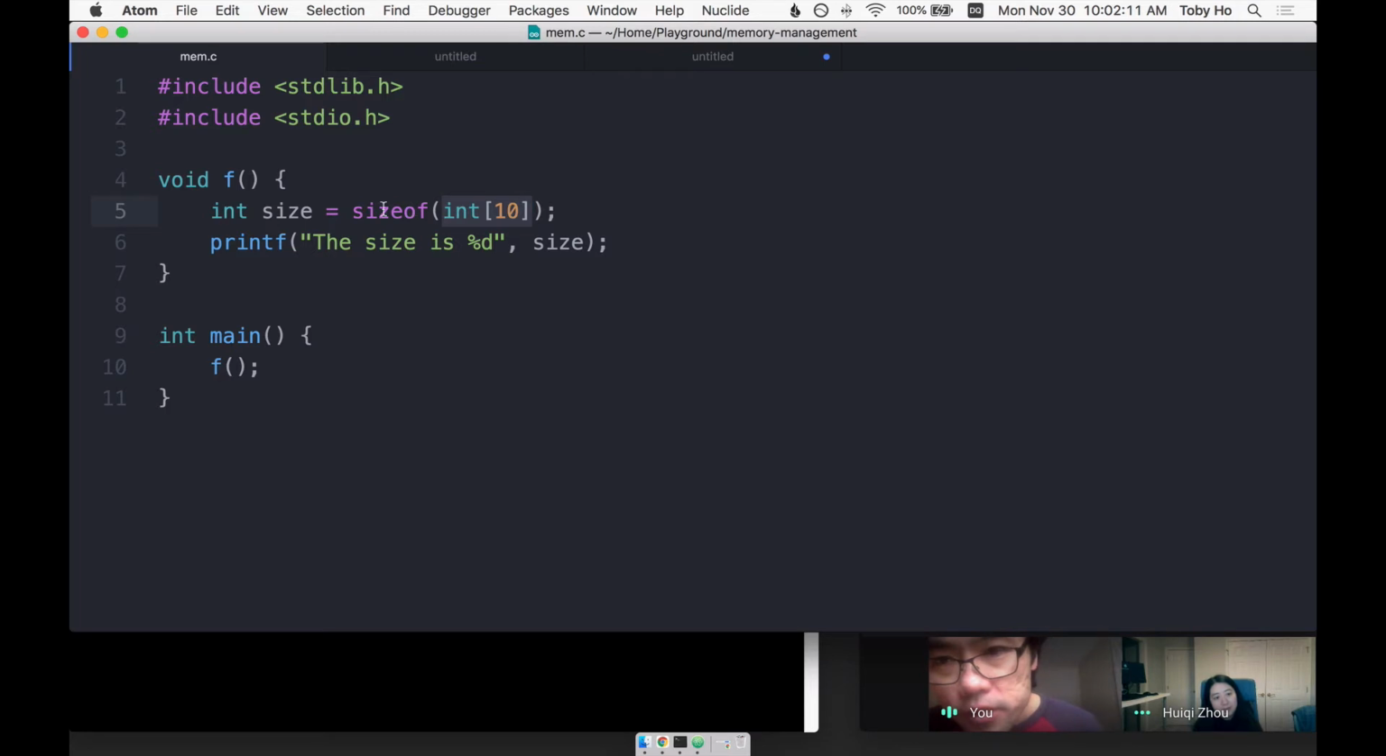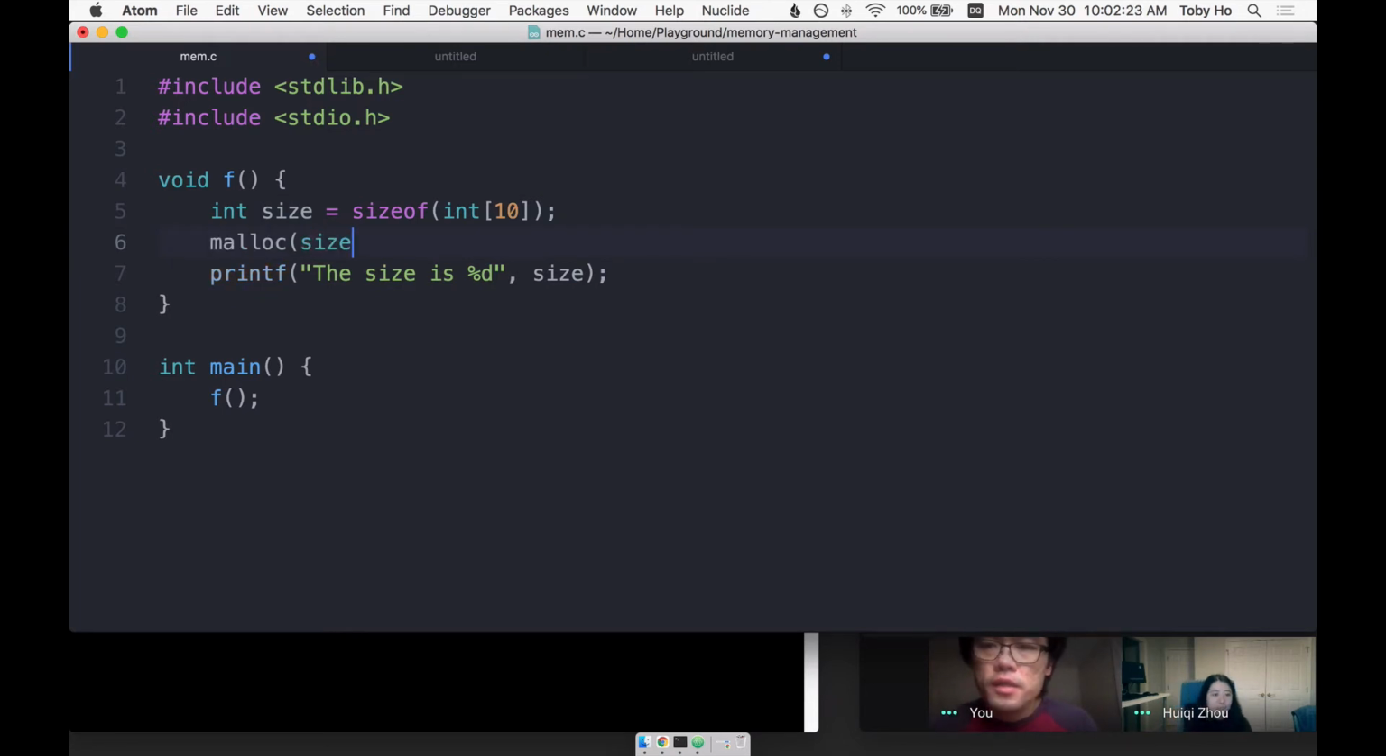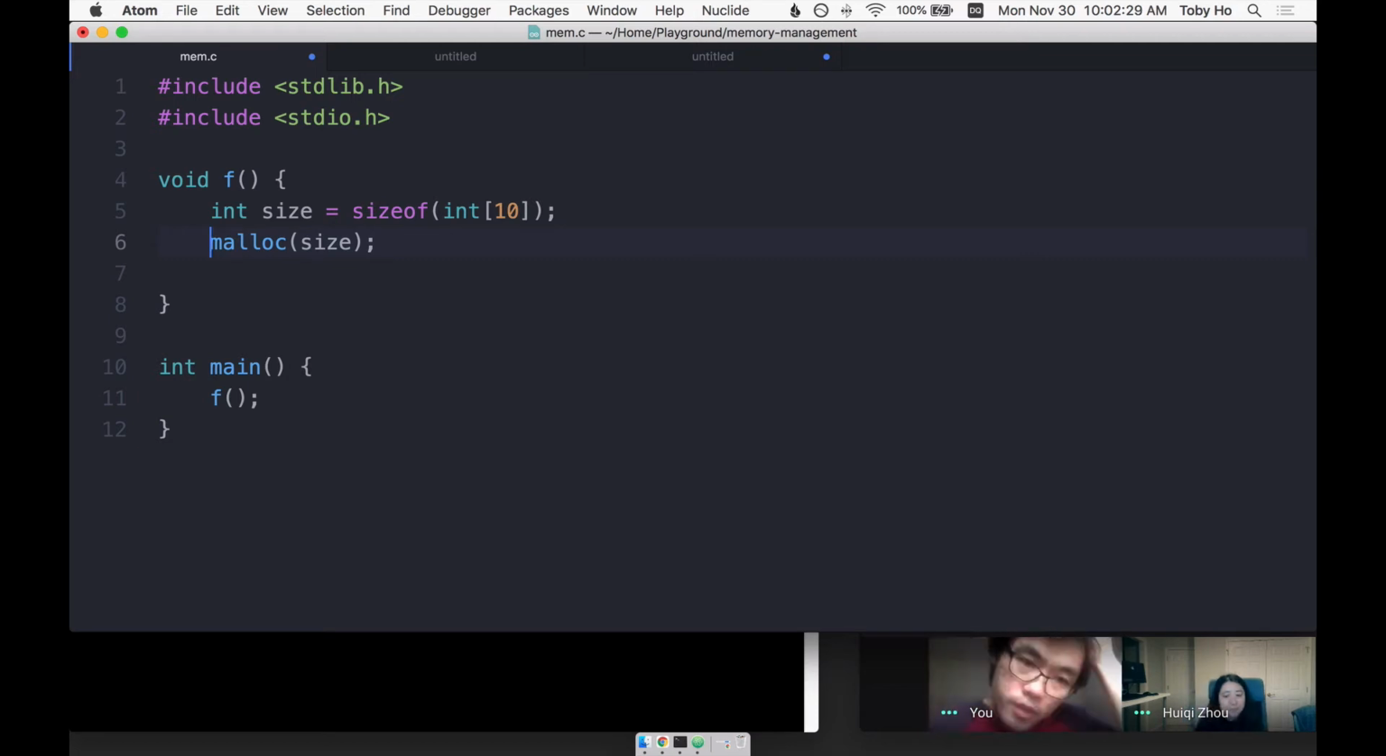Okay, so anyway, now that I know the size, the number of bytes I'm gonna need to ask for, I'm gonna call malloc and ask for that size. And then I'm gonna receive it. The type of the receiving value,